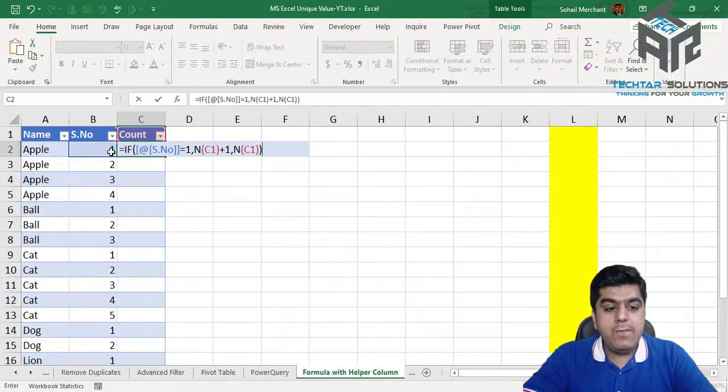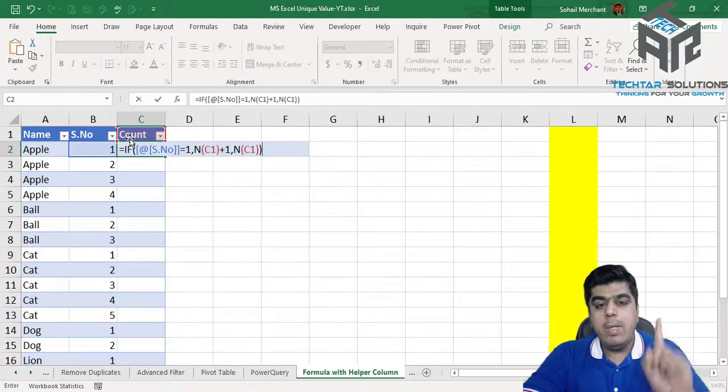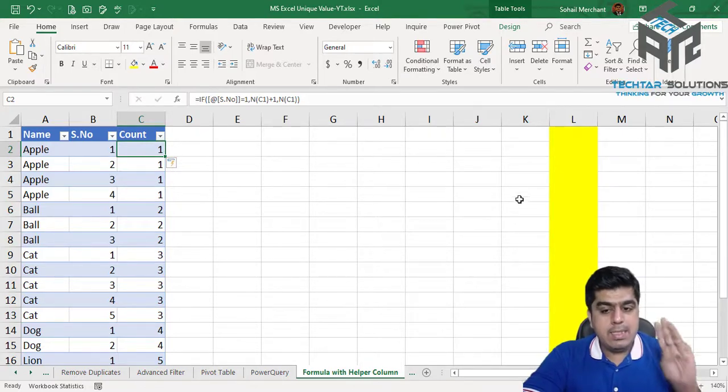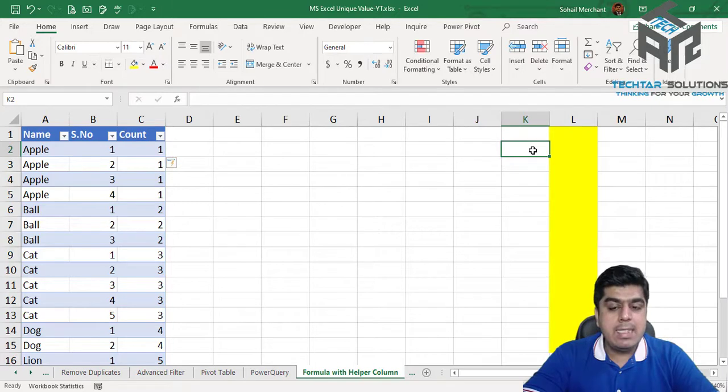So now if this is equal to 1, the value of the above cell will have 1 added to it. For apple 1 1 1 1 1 1, and for ball we have 2 2 2, for cat we have 3 3 3, right?